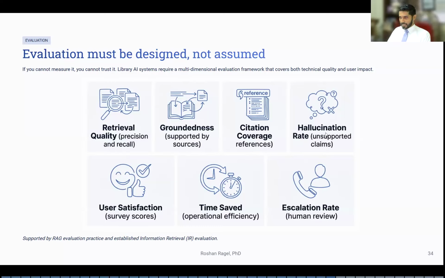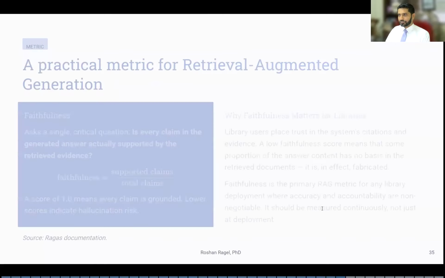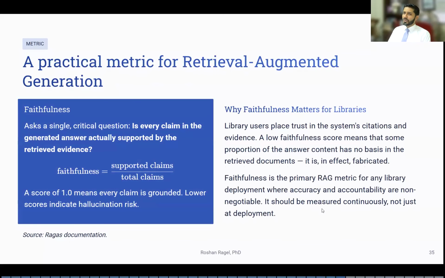That has to be considered when you want to implement tools, and we'll have to ask for these items from the vendors with whom we are going to bring those solutions. Obviously, user satisfaction, how much time we are saving, and how we go from an AI-supported system to human review. These all have to be considered when you want to bring in AI solutions integrated into the workflow that I mentioned earlier. There are also different metrics we can look for.